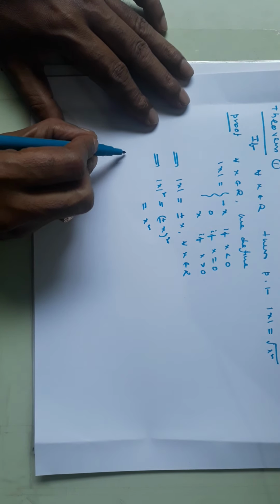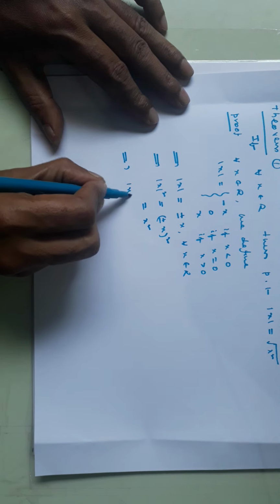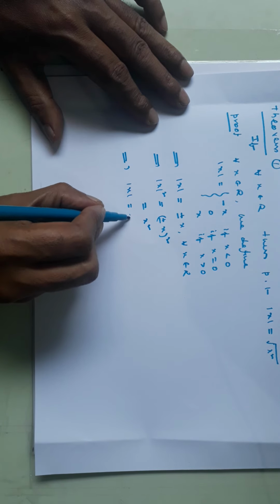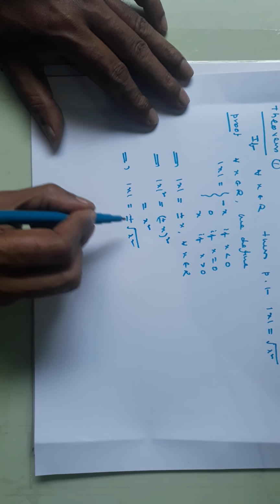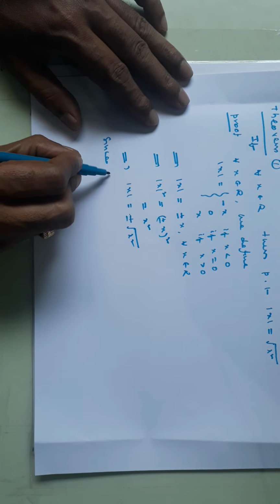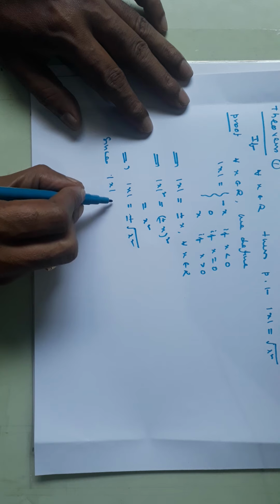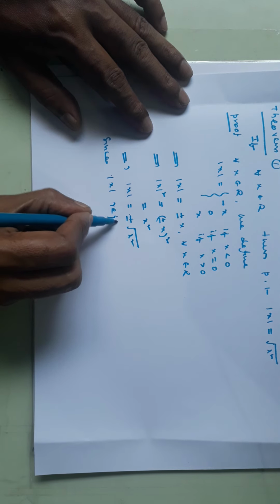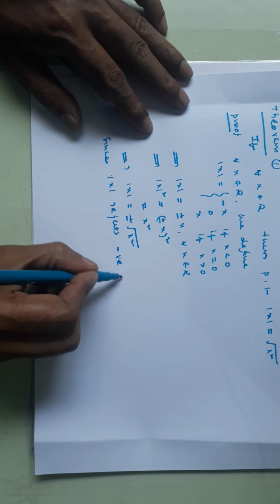This implies mod x is equal to plus or minus root of x square. Since mod x rejects the negative sign,